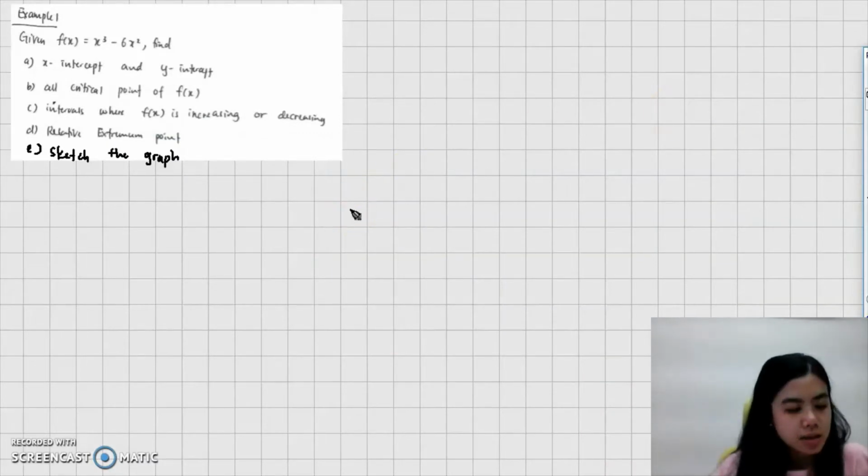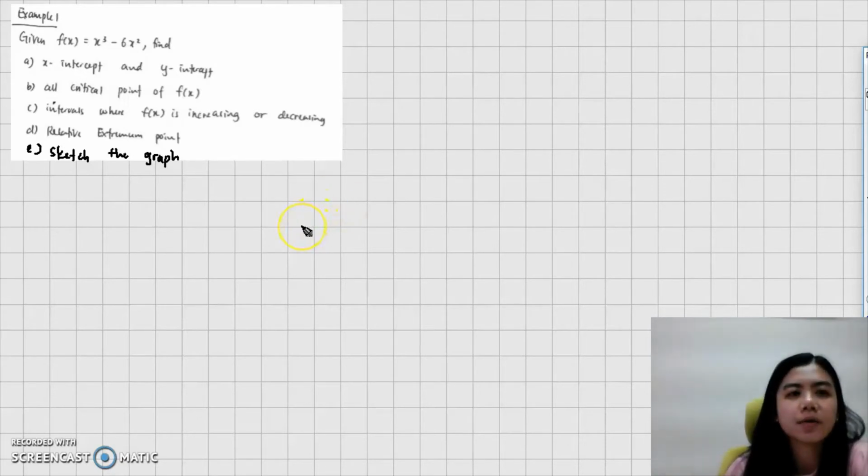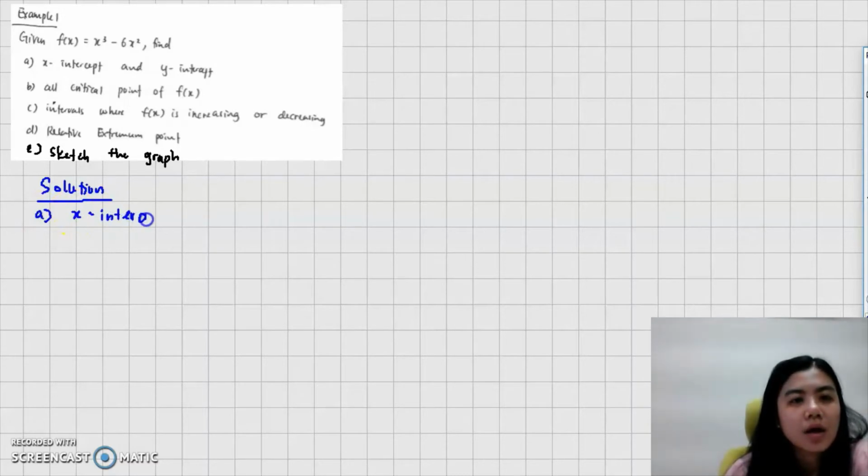In example 1, we are given a function f that is equal to x cubed minus 6x squared. The first question that we have here is they are talking about the x-intercept and y-intercept. Let's just begin with the x-intercept. If we are talking about the x-intercept, basically it means that we have to let the y equal to